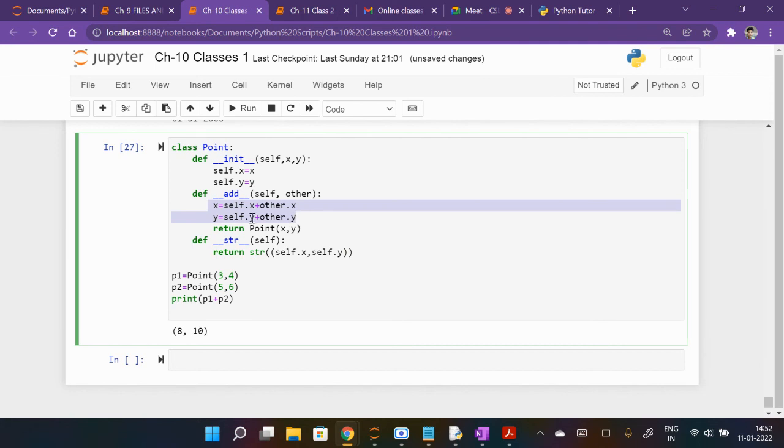The x coordinate and y coordinate together, then we are returning Point(x, y), and the output was in some other form, so you want the output in string form. When you want output in string form, you write like this. We write str, then in parentheses you want self.x, self.y. In the Point xy, you want output in string form, that's why we have written this.